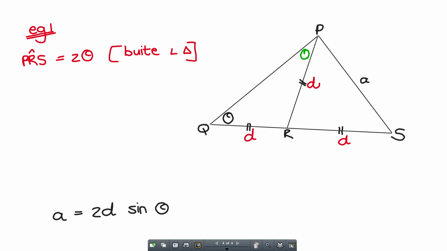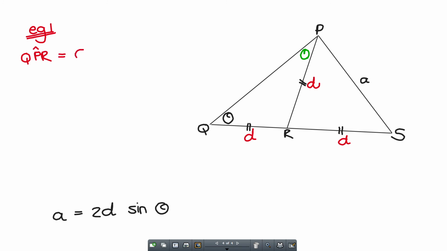Nee? They would, if you maybe did this in the exam, nee? As jy direk hiernatoe gegaan het, it's an implied mark. Okay, because you would only know that that's 2 theta if you knew that is theta. So hulle sou in elk geval daar vir jou ekstra punt gegee het. Maar ons probeer dit mos maar so maklik as moontlik maak vir die persoon wat jou goedjies merk, nee? Because then you're just a number. So let's rather start with QPR